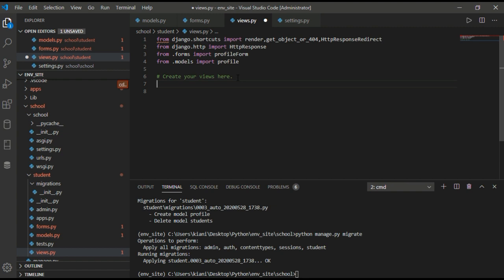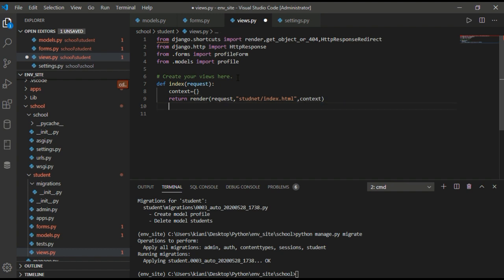And now for the index, we should define a function index, a simple index, and we will pass a parameter request, HttpRequest. And there is no context, no dictionary object context, and we return render request, student/index.html.